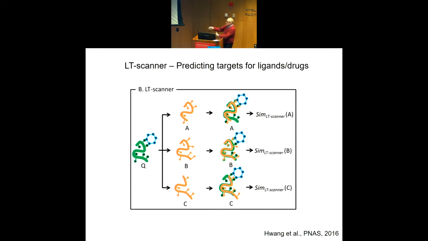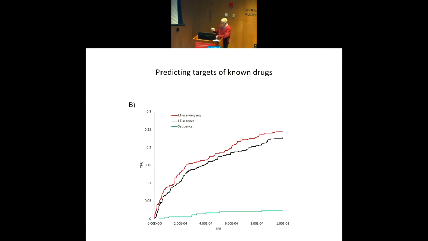We calculate a score based on the nature of the binding site, and we come up with a prediction. Whether this is good or bad performance, it's actually quite good if we compare it to others, but I